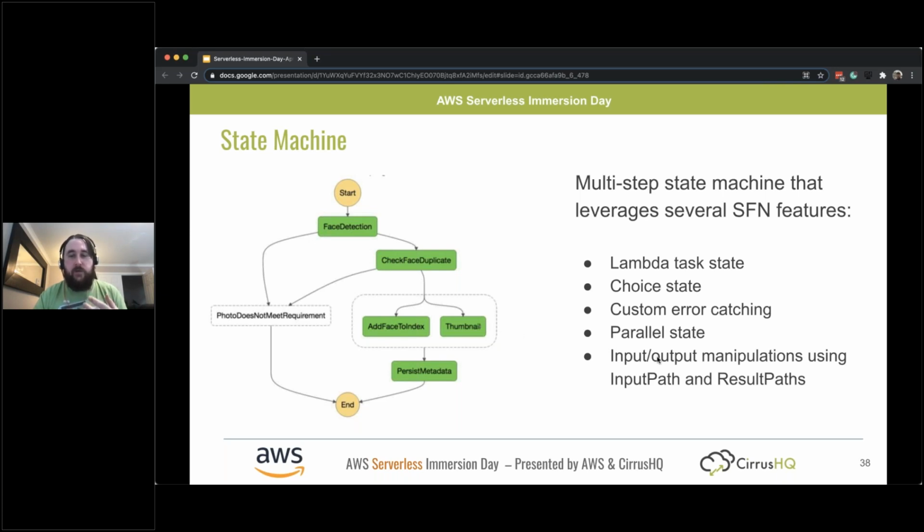Then we can also use what comes out of a Lambda and decide what we're going to do based on that, or we can use that Lambda to pass on more information to the next step. So say, for example, when we do check face duplicate, if something came out of that Lambda that had an ID, we could then pass that to the next step